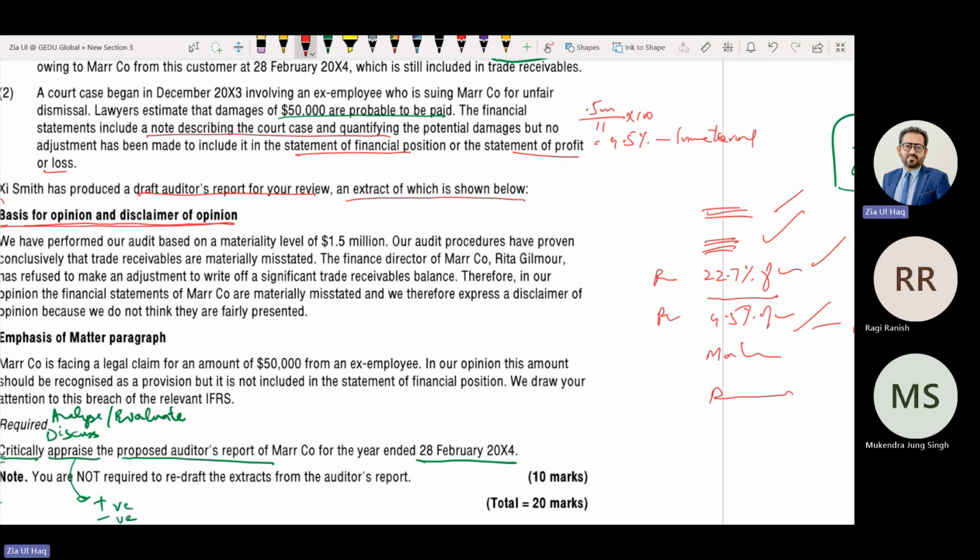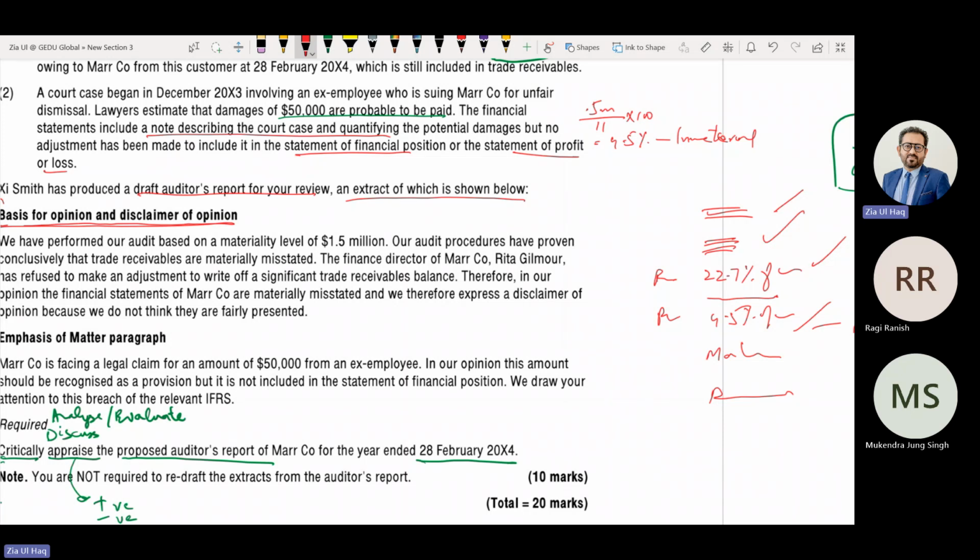In this, the receivable balance of 2.5 million is a dash percent of profit and hence material. This 50,000 provision that is not recorded is dash percent of profit and hence immaterial. By combining both the matters, it's creating a material effect rather than pervasive. Disclaimer is required when there is a pervasive scope limitation, and here there is material nature, not pervasive. And there is a material misstatement rather than scope limitation. So disclaimer is inappropriate under this situation.